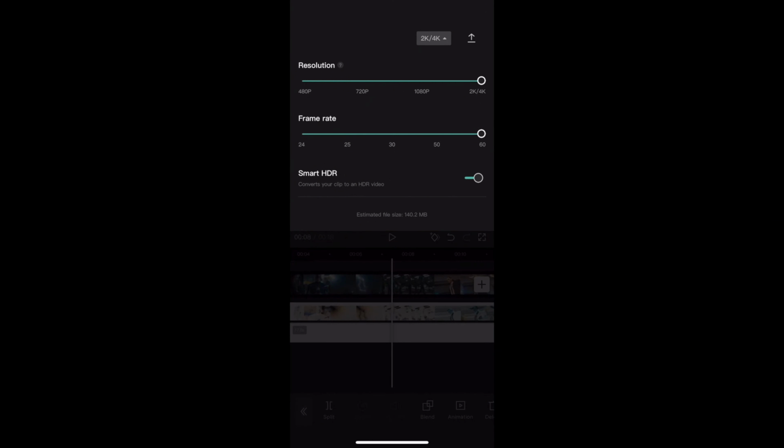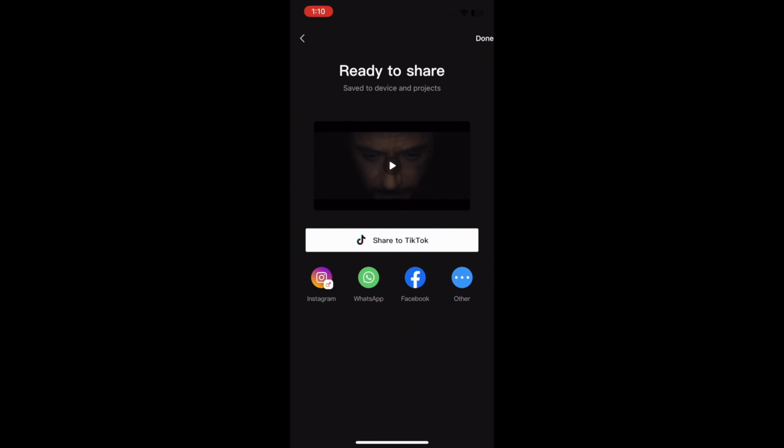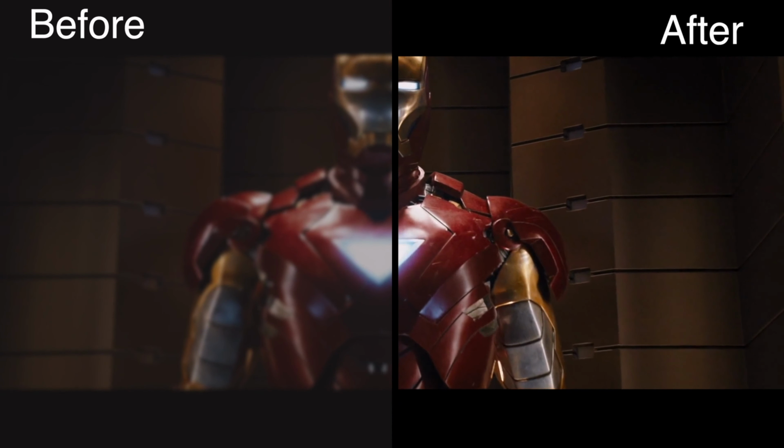Click Export and choose the frame rate to 60. Now your video will be much clearer. But if it's too complicated for you,